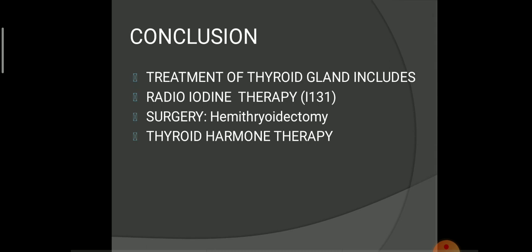Conclusion: for any thyroid disease, the treatment will be threefold, that is anti-thyroid drugs, radioactive iodine therapy, and followed by surgery. We discussed that mostly the drug of choice is propylthiouracil. Why? Because it is the drug of choice and it is very short acting. Even though it is hepatotoxic, it is short acting, so we prefer propylthiouracil rather than carbimazole. Okay, thank you.